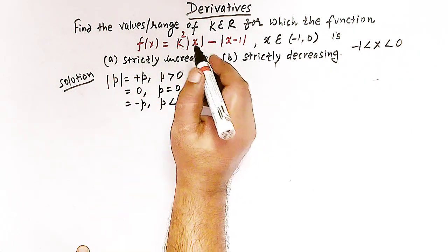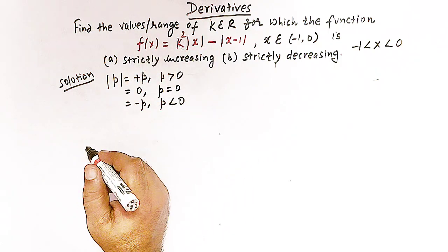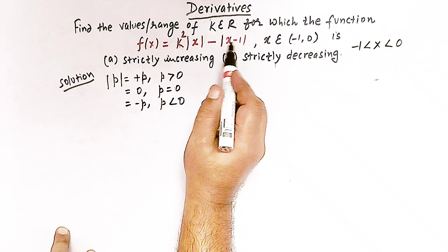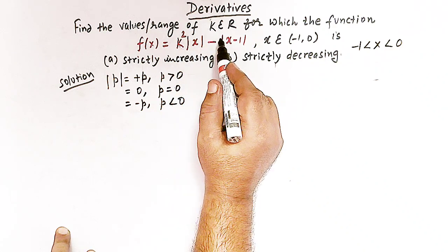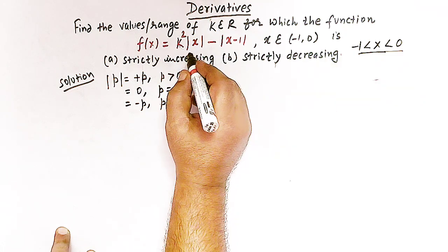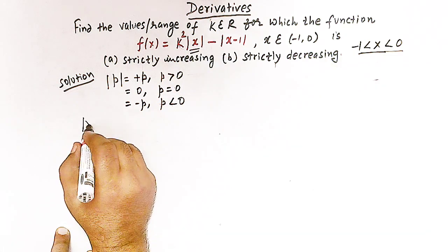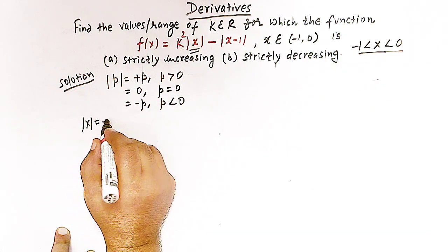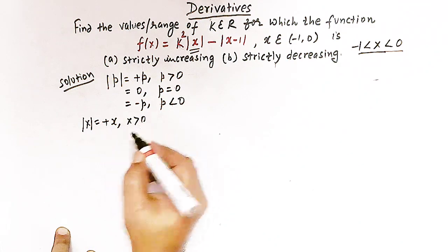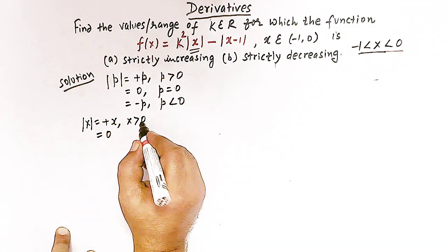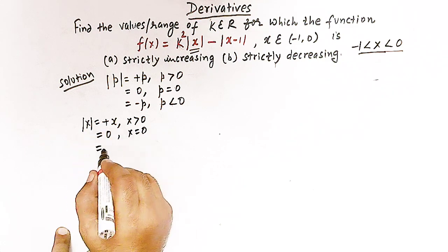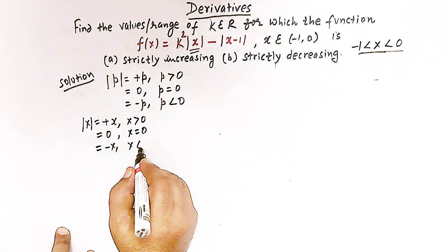So let us first redefine this function f of x by simplifying these two mod functions, mod of x and mod of x minus 1 in this interval, right? So let us first take mod of x. Now see, mod of x is defined as positive x when x is greater than 0, and mod of x is 0 when x is equal to 0, and mod of x is negative x when x is less than